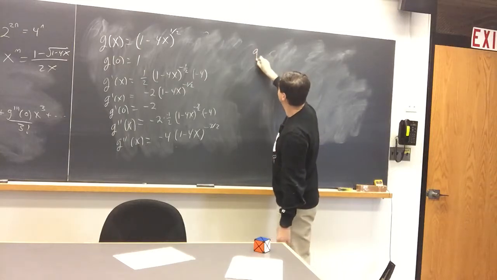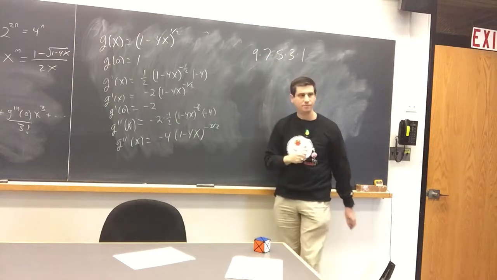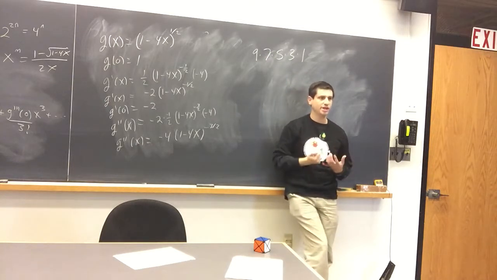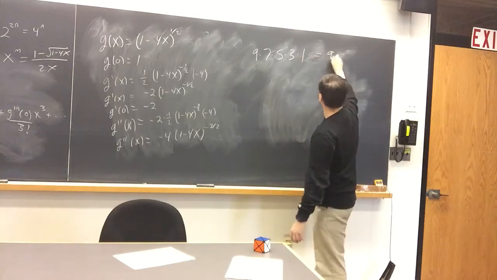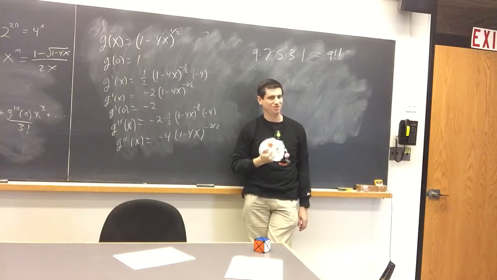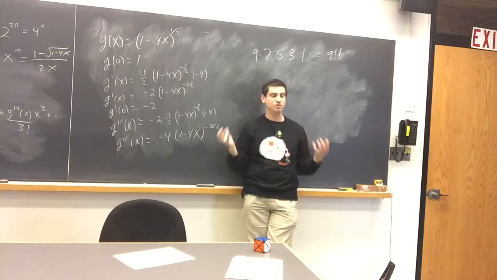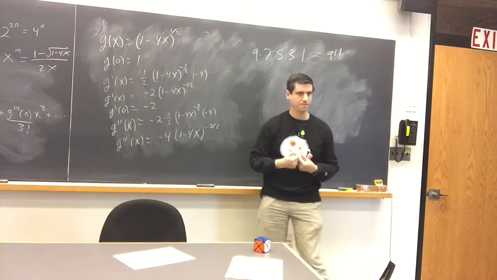So let's say you have 9 times 7 times 5 times 3 times 1. This looks a lot like a factorial. How many of you have ever seen this before? This actually has a special name. This is 9 double factorial. Double factorial does not mean the factorial of the factorial. You could have defined it that way. It just turns out that every other is a far more useful quantity.